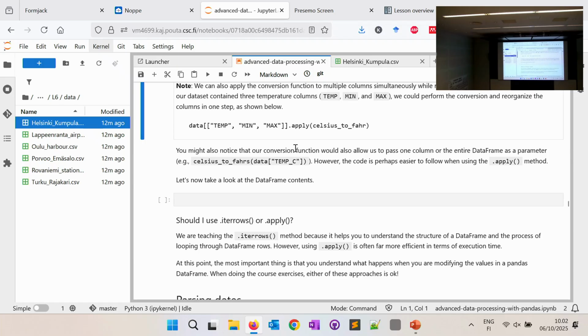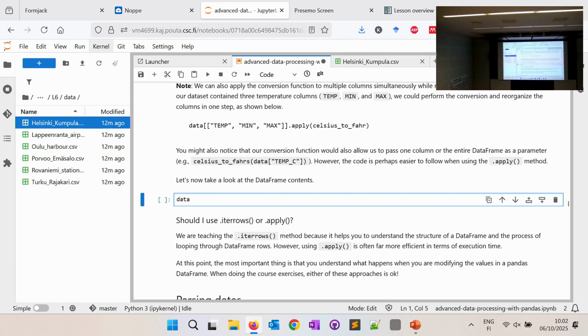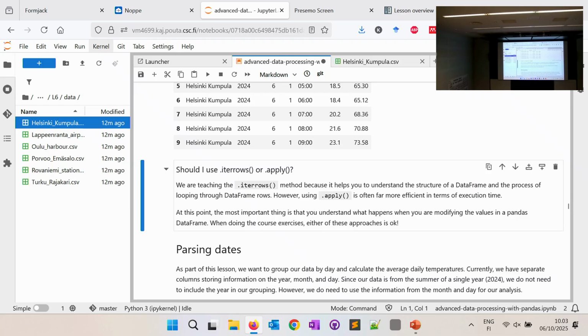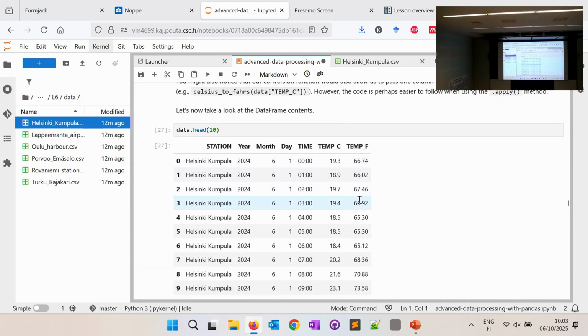One thing you could have also done, depending on how your function is defined, is that with our function it would have also worked if you just pass in a data series. So I could also just write data temp_c and pass it to my function, and it would have done the calculation. But apply is a more standard way of applying a function that works almost everywhere. So let's get used to using apply. Now that we did the conversion, let's also look at our data again. This time I'm going to look at 10 rows from my data. And it looks fine. So the conversion was done successfully